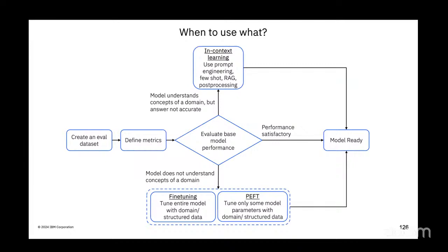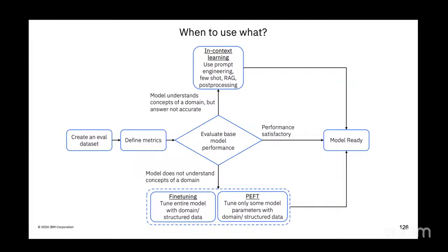The first line of action is something called in-context learning, which we looked at, which means that I give some demonstrations to the model and see whether the model is able to do the task based on the demonstrations. If it's able to do that, great. Then we are good. We need not do anything else. Else, we'll have to go further.